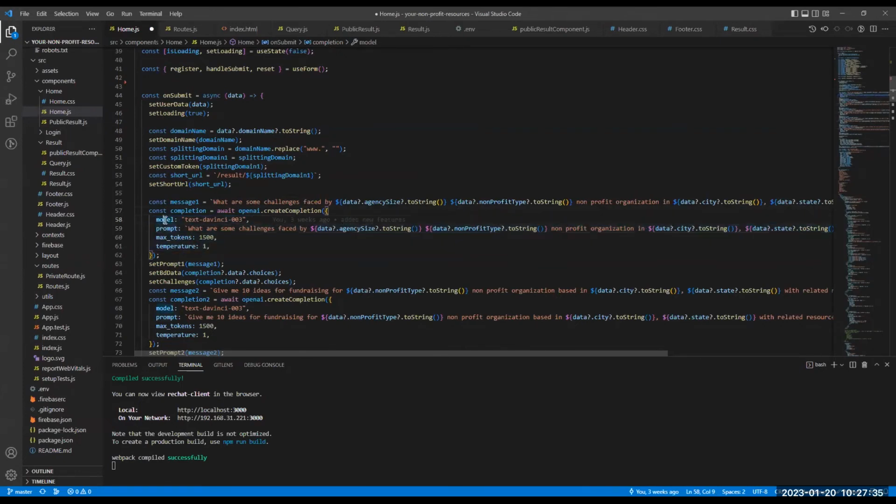The first one is the model. In OpenAI, currently they have four models actually. One is DaVinci, second is Babbage, third is Curie, and fourth is Ada. These four models have different features. Some are very efficient, some are very fast.